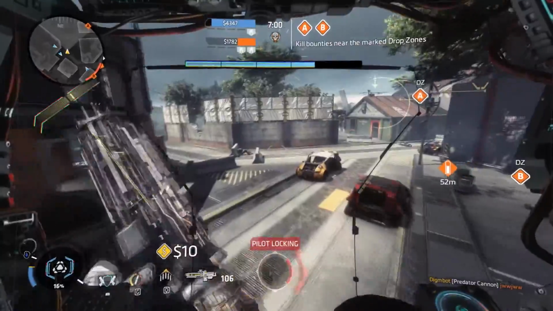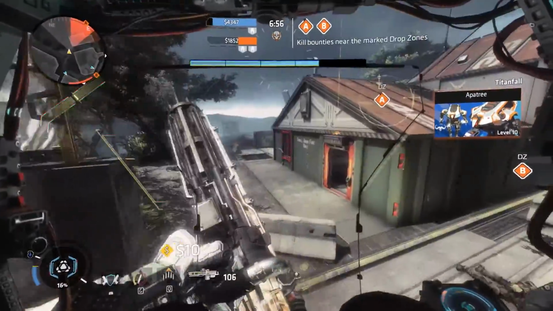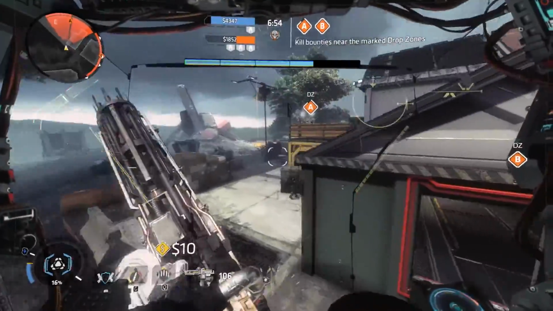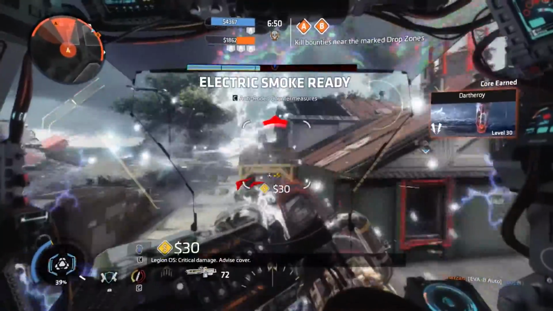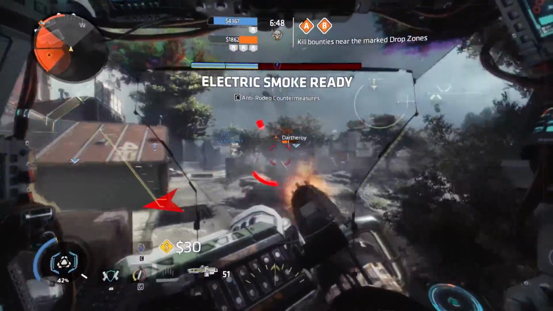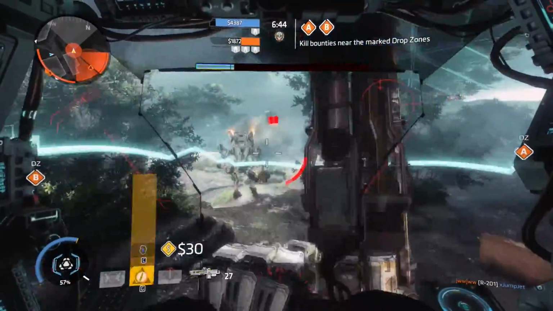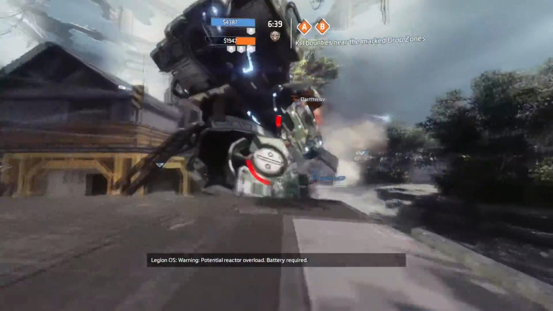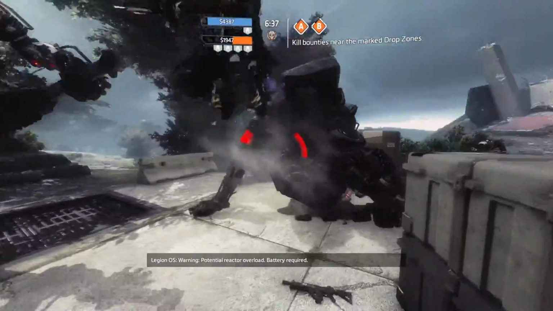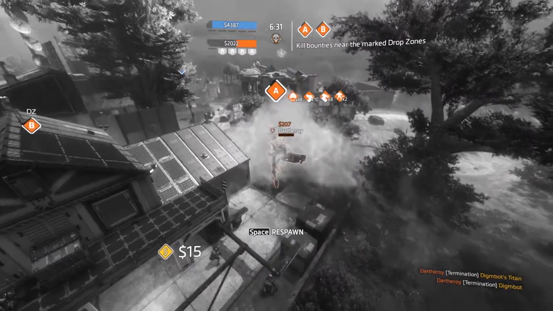So he took one of my cores. Which is not okay, bro. This is the other Titan. He's got swords. And they have executions. But I'm going to get the assist on him, so...